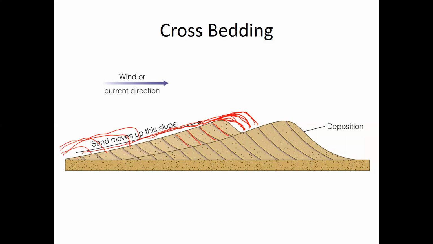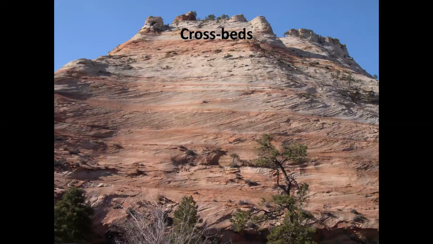Then there's bedding between the old dune and the new dune. So you have the bedding within the dune, like these beds, and then you have the bedding between dunes, like this one right here. So it causes these beds that cross each other. As you can see here, you have the bedding going this way, then you have the bedding going this way. So this would be the bedding in between dunes and inside of dunes, and this is the bedding between